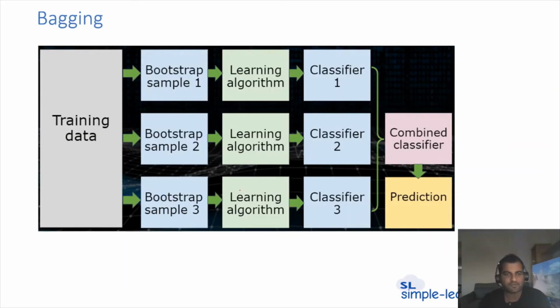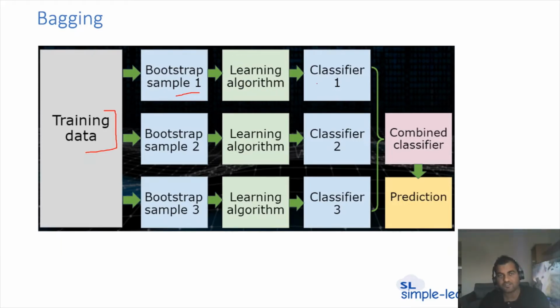So, a quick pictorial view. Here you can see the example I gave. There is a training data set, right? In that one, the bootstrap sample: this complete training data set is divided into three samples: sample one, sample two, sample three, right? So each sample is fed into each ML algorithm: algorithm one, algorithm two, algorithm three.